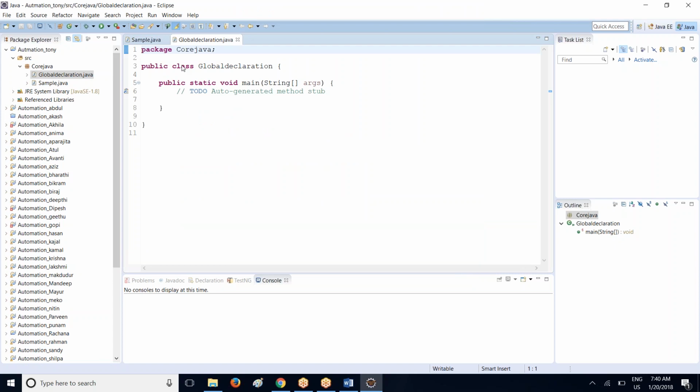That means first you are going to declare a package. Under the package you are going to have a class, and under the class you are going to have a main method. Okay, so now I will go ahead and declare a